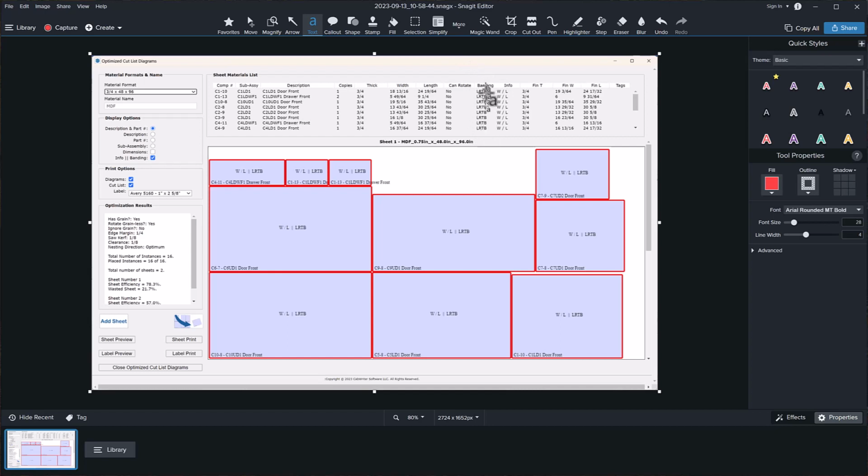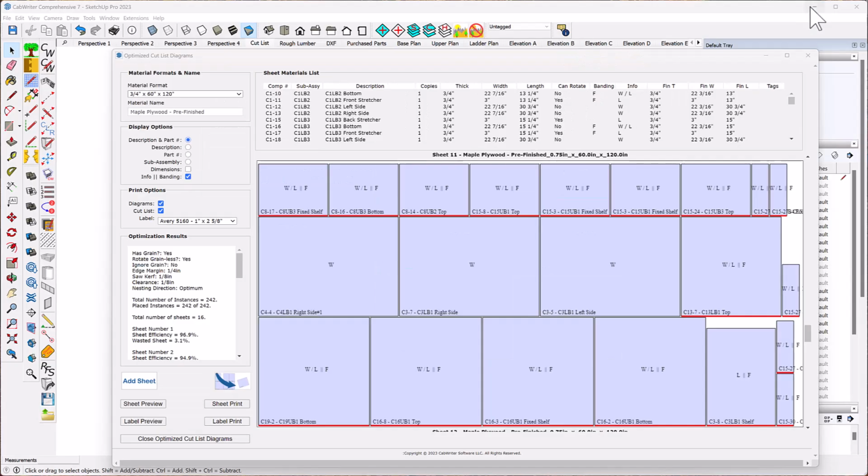Notice LRTB, and if I go back to this one, you'll see in the banding column just F for front edge on these shelves and tops. So that's what we did for banding. And you'll see that, by the way, in both the